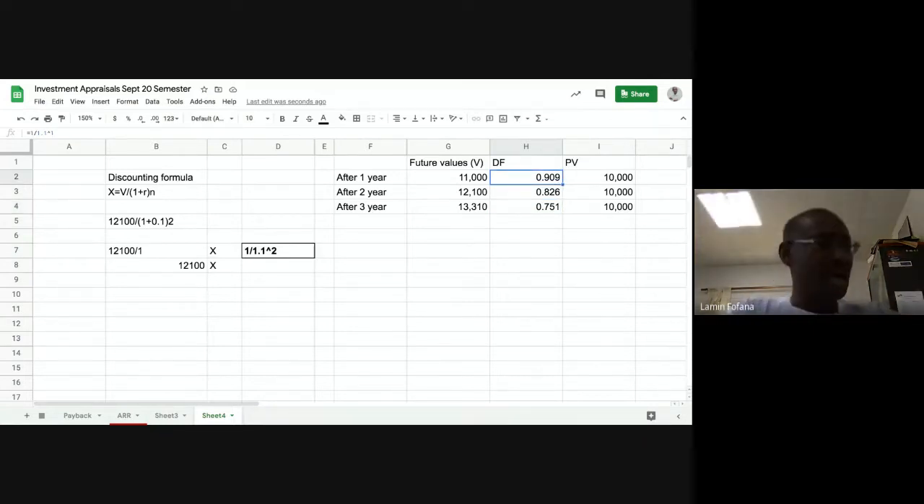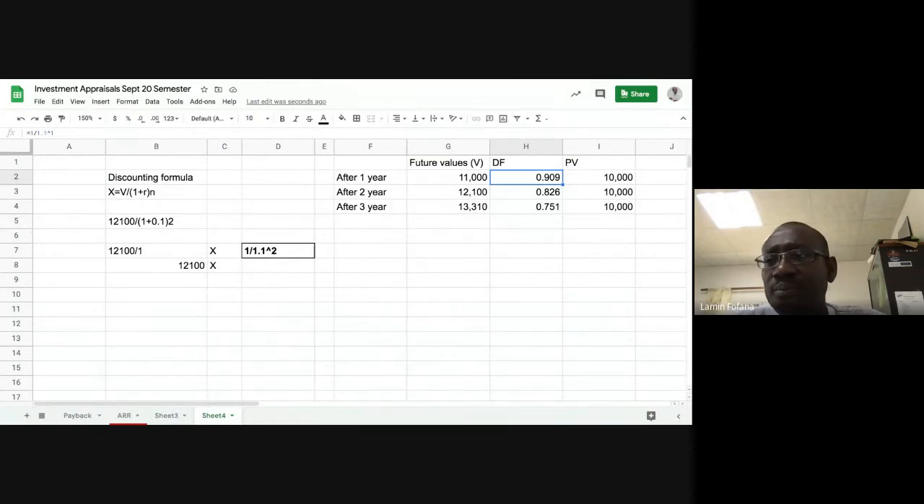Okay, so I think that has nicely taken us to our main topic, which is the net present value method. Once you know how to do your discounting, the rest becomes very, very easy for you. So we're going to go to our NPV method now. Any questions on discounting and